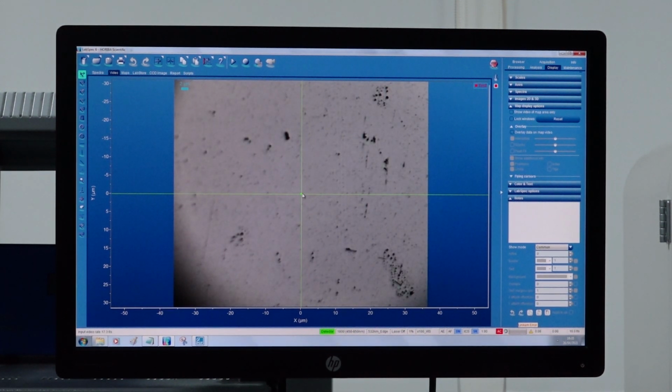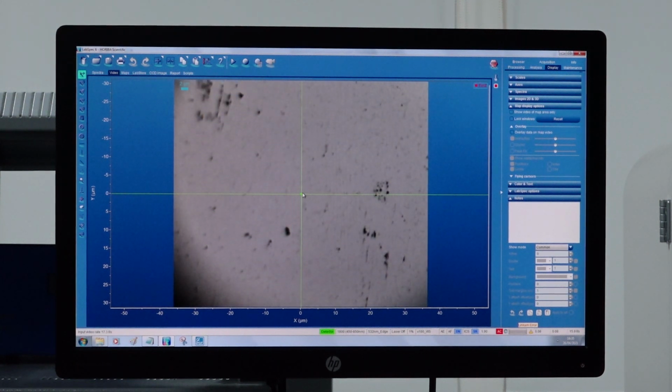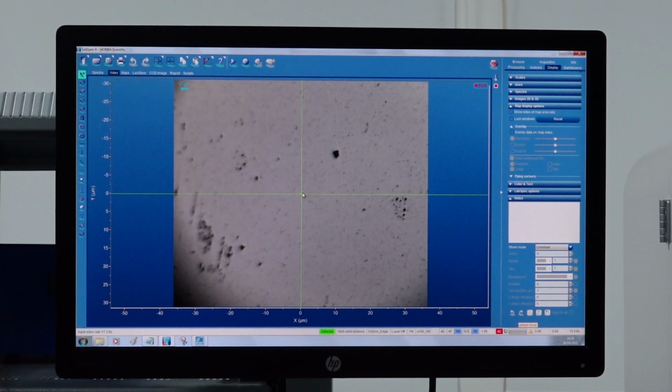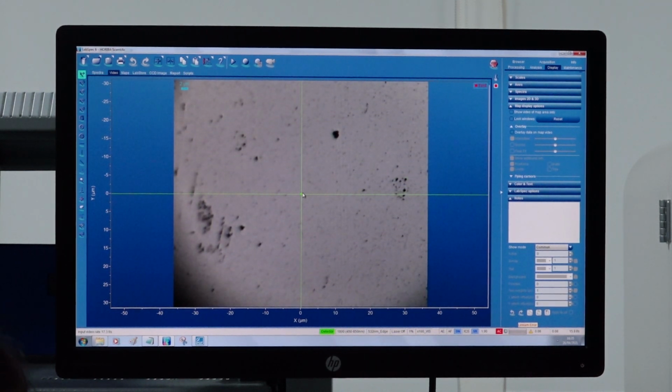The green dot here denotes where the laser will be falling on the sample. So now I move to a suitable place from where I can get a clear signal for silicon. So now here I can see that there are no dust particles on the place where the laser beam will be falling.